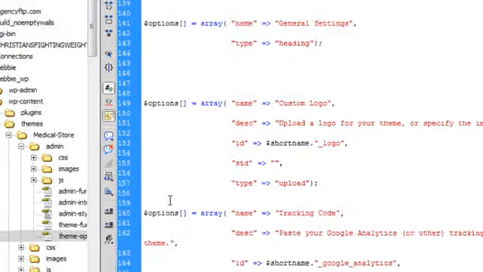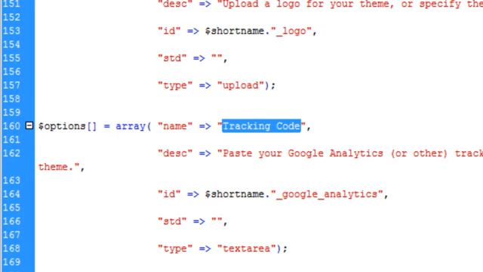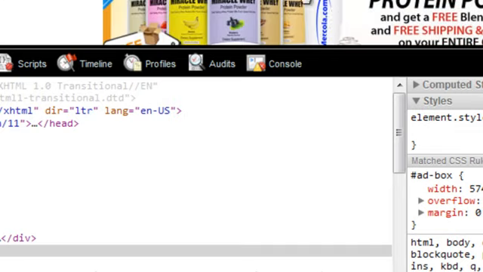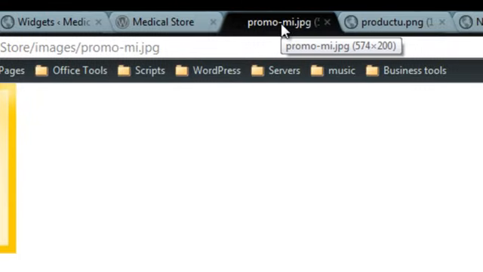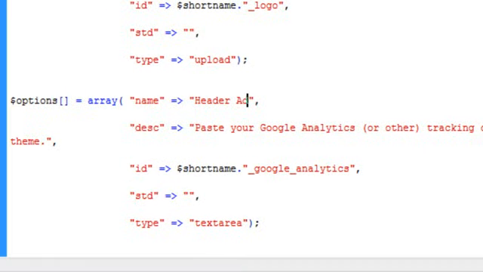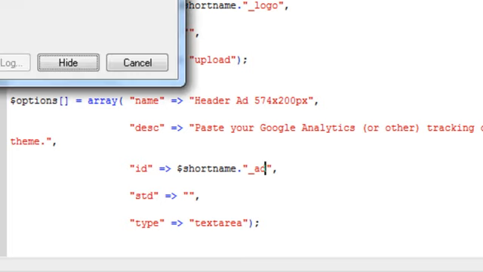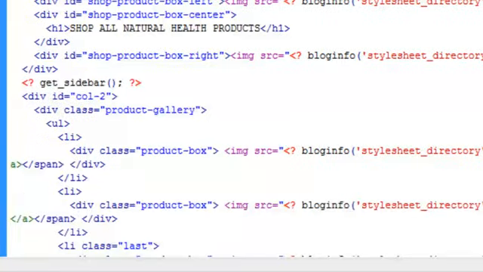There we go. 574 by 200. Save it, upload, come back into index,